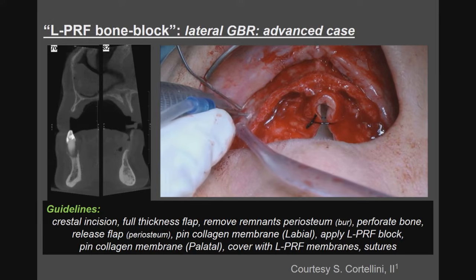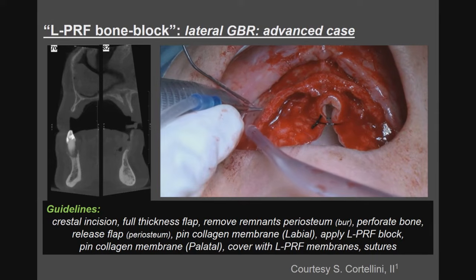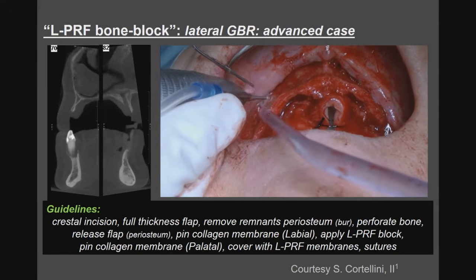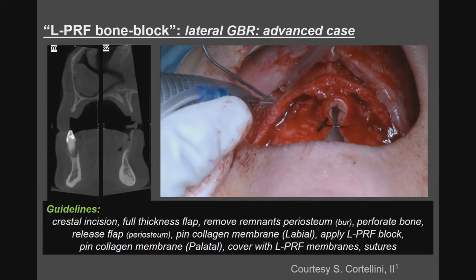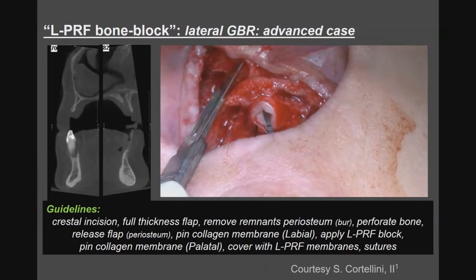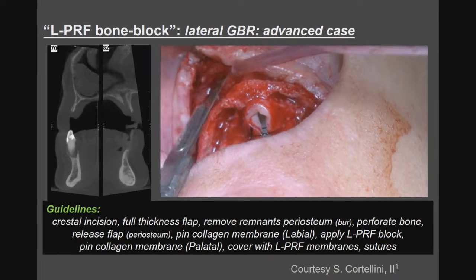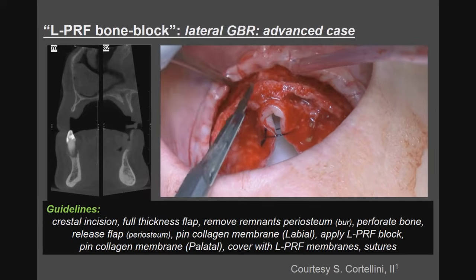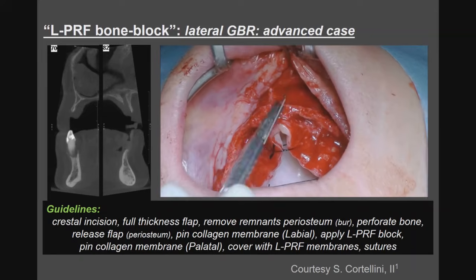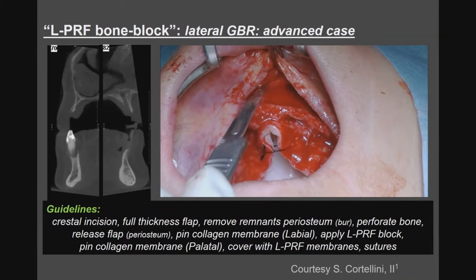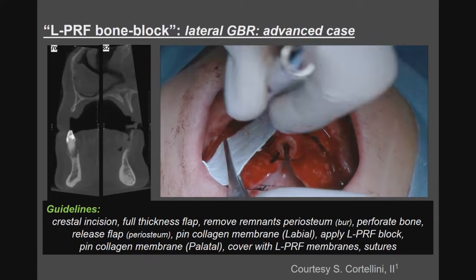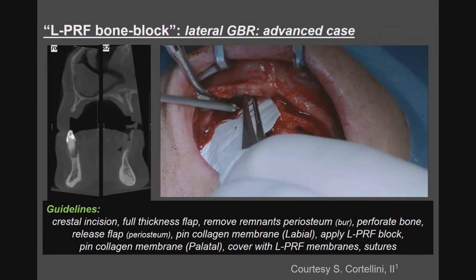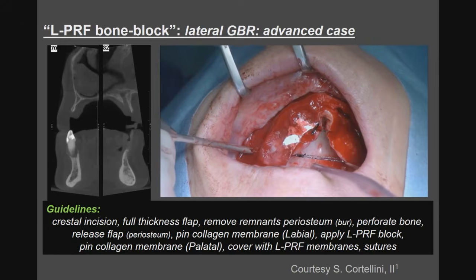And here you see, just in a very short video, the technique, the perforations that are made. And keep in mind, this surgery was done by a second-year postgrad student. Second year. In his first trimester, so he was 1 year and some months with us. To release the periosteum, to be able to close the flap afterwards, the application of a resorbable membrane, the fixation, either with pins or with screws,